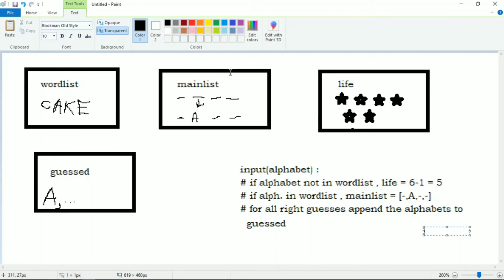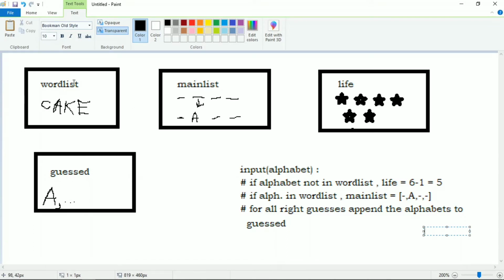So what is the Hangman game all about? Hangman is about guessing a certain word in a certain number of attempts. If you guess the word within those attempts, you win the game. Otherwise, your hangman dies, you won't die. So you basically lose the game. Let me give you an example.